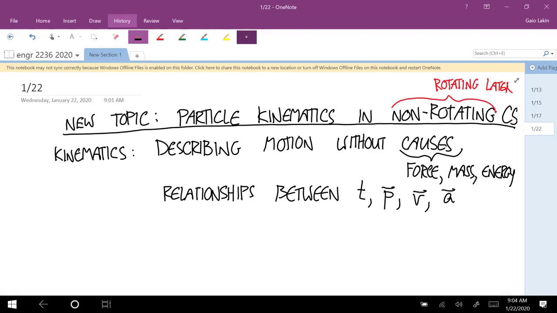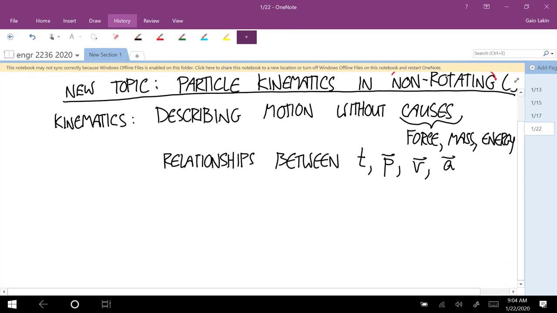And you can have kinematics of rigid bodies. You can have kinematics of deformable bodies. This is kinematics of particles. And the meaning of particles is you tend to think, most people tend to think of particles as small. That's not necessarily the case. A particle is just something that